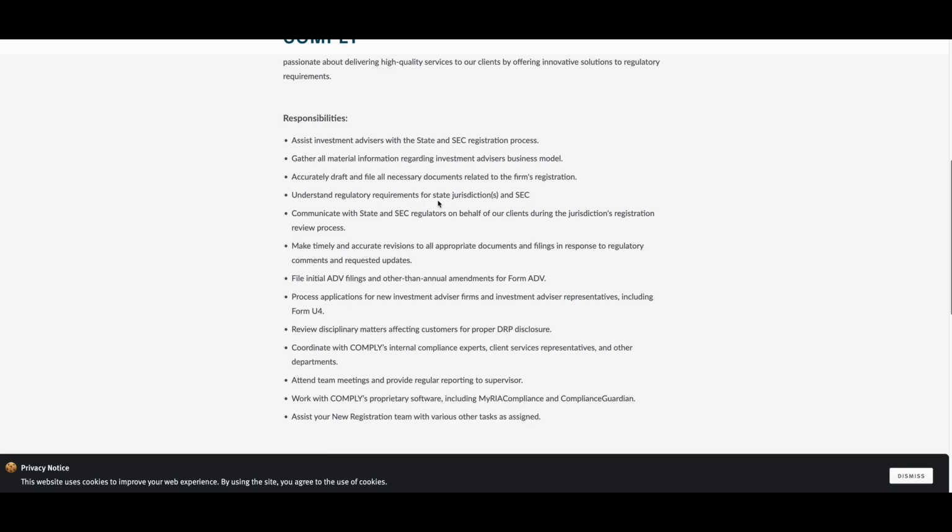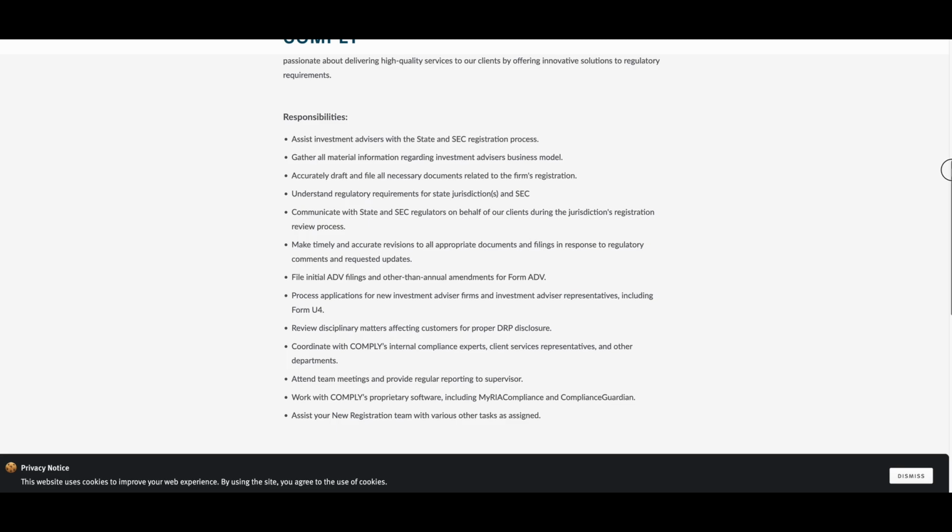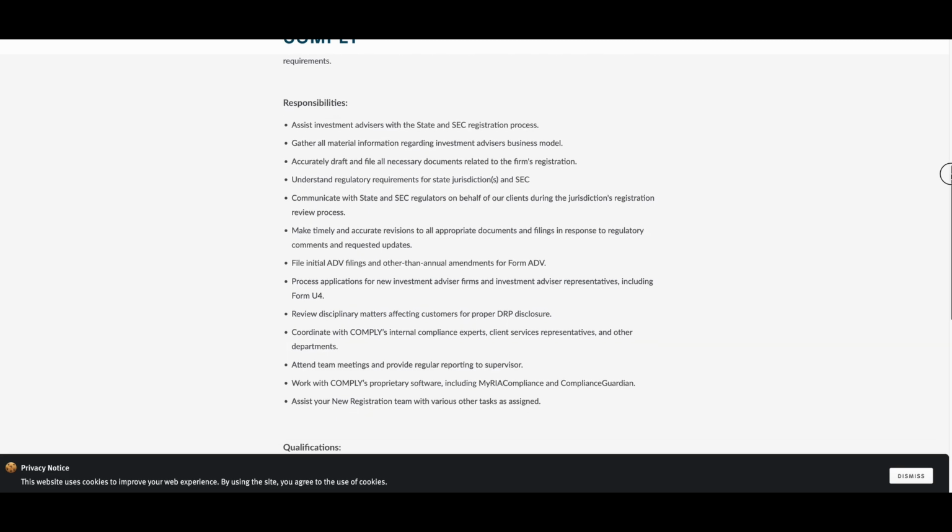understand regulatory requirements for states or state jurisdiction and SEC, communicate with state and SEC regulators on behalf of their clients during the jurisdiction's registration review process, make timely and accurate revisions to all appropriate documents and filings, also process applications for new investment advisor firms, review disciplinary matters affecting customers, coordinate with Comply's internal compliance experts, client service representatives, and other departments as well, attend team meetings and provide regular reporting to supervisor,